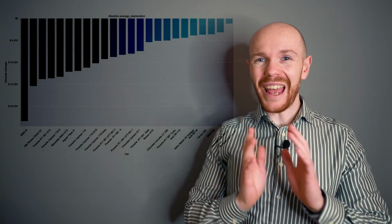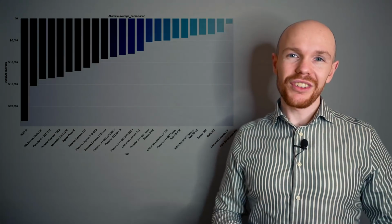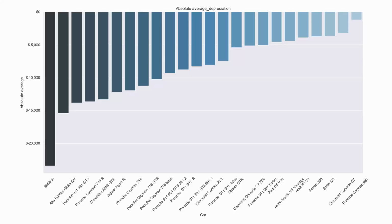Now let's have a look at the first leaderboard, which shows the absolute average depreciation per year for a car at this point in time. You can see that I listed the different cars along the x-axis and that the depreciation per year is listed along the y-axis. If we dive into the numbers, we can see very clearly that the BMW i8 is leading the pack with an average depreciation per year of